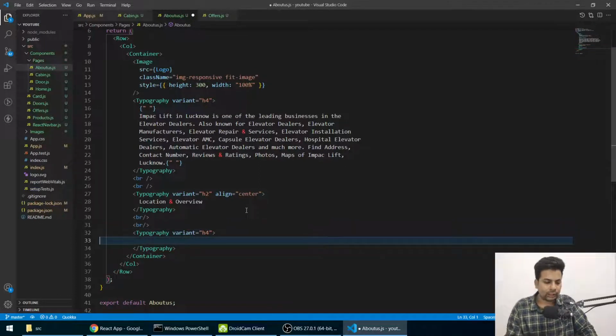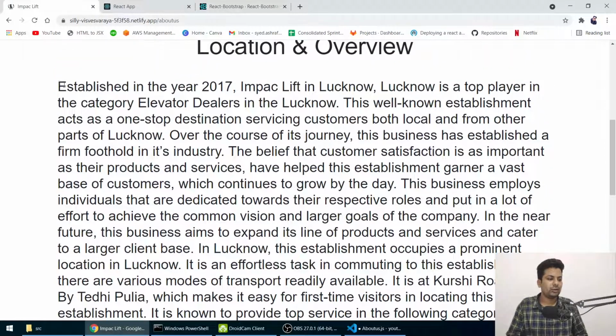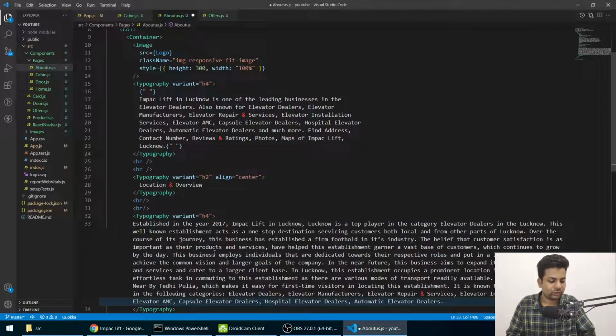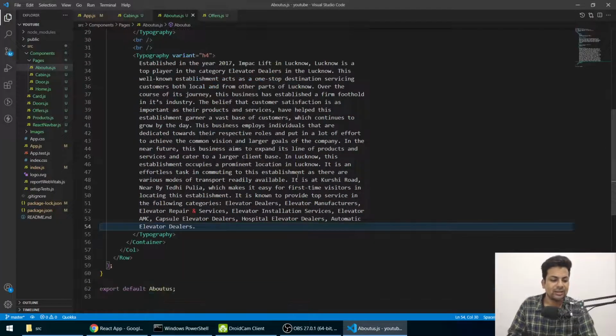Now here I'll just copy that thing, the establish part is so long. Let me just copy it till here. Yeah, copy, paste, save, come here, check. Yeah, it's done.